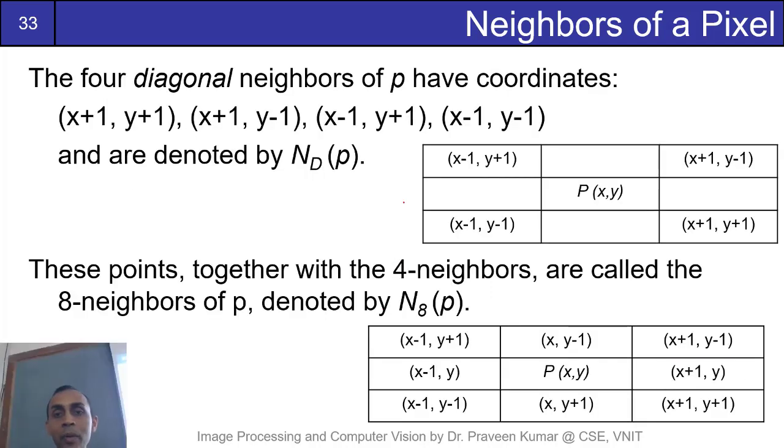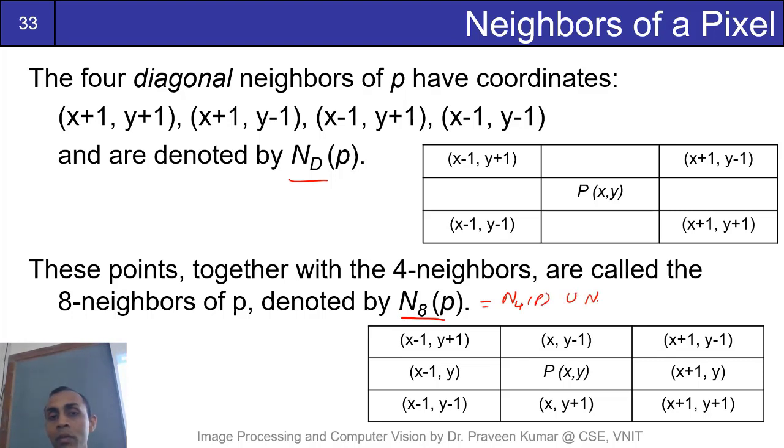Another set of neighbors can be diagonal neighbors. So these are the four diagonal neighbors, which are normally denoted by ND(P). So for a given pixel P, these four pixels will form the diagonal neighbors. And many times we are interested in all the eight neighbors, including the four top and bottom neighbors and the diagonal neighbors. So these are denoted by N8(P). So N8(P) is basically the union of